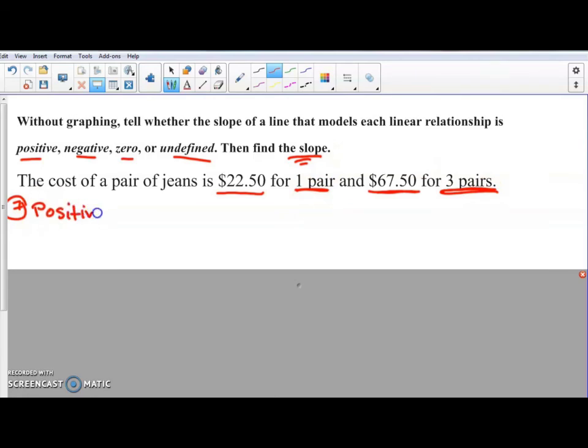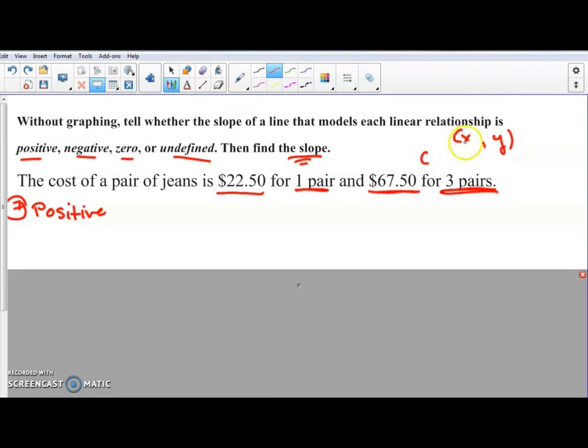And it also asked us to find the slope. So what we're going to have to do is turn this data into a set of ordered pairs. So real quick, you kind of have to think about what your x and y's are in your ordered pair, because you have an x and a y. So x is our